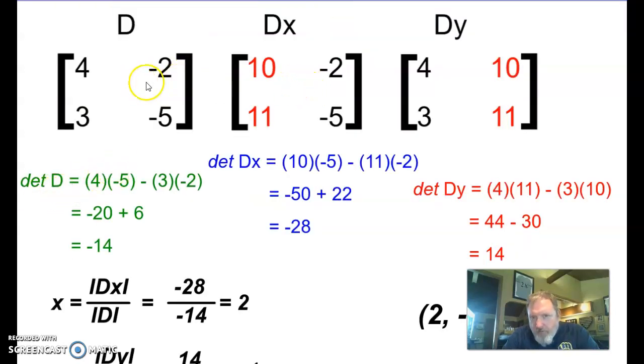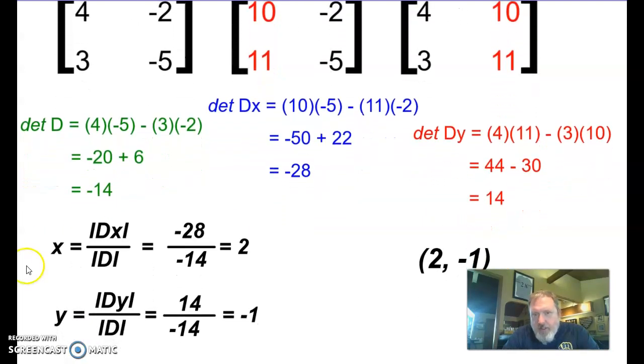So again, here's D, Dx, Dy from the previous slide. And to do the determinant, we just cross multiply and subtract. So the determinant of D is -14. Dx, -50 plus 22 is -28. And 44 minus 30 is 14. So now we have D, Dx, Dy. And to get x and y, we just divide. So Dx over D, x is 2, Dy over D, y is -1, and here's our ordered pair, 2, -1